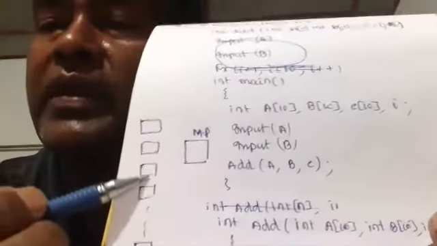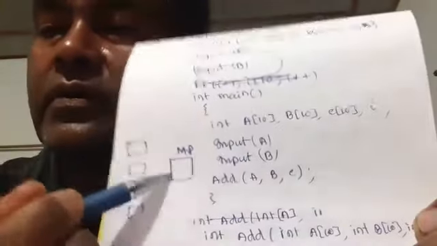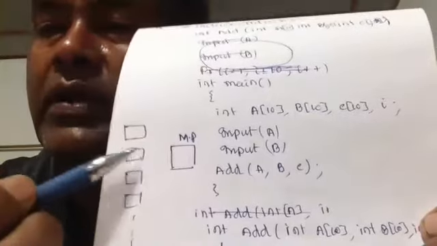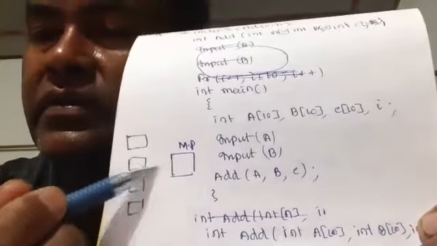So instead of inputting AB n times, if I modify it slightly, in the main program I make the declaration global. Global means no need to input AB again and again. It will take from here itself. Whatever AB value is required, it will take from the main function or main program. No need to write it again in here. That is the advantage of using global declaration. Okay. Yes, sir.